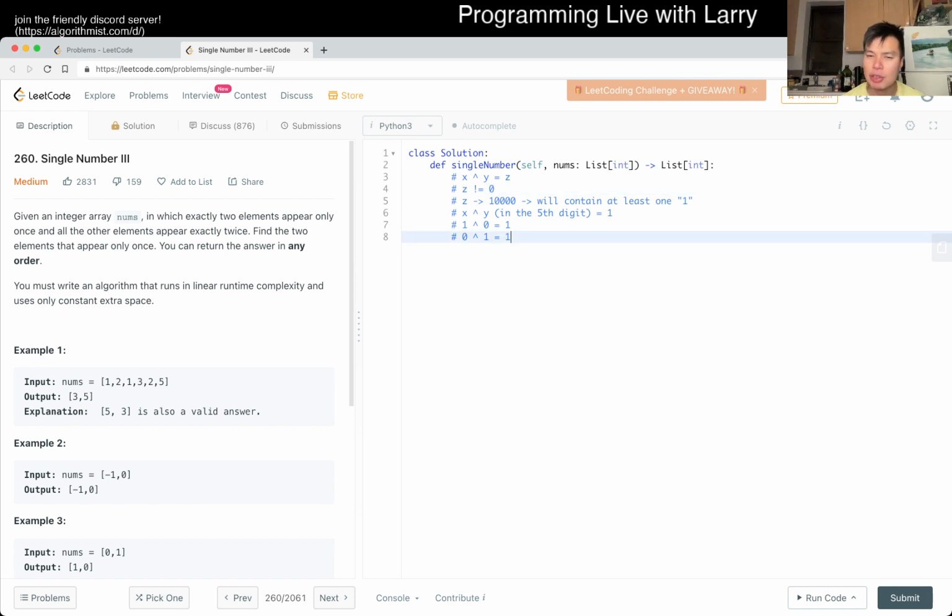To be honest, I do not remember the solution as much as I thought I did. But the way that I would think about it is, let's say we focus on one of these being 1s and 0s. It doesn't matter, right? This is commutative, so for all effects, this is the same. So that means that if we take all the numbers in the nums list that is 1,